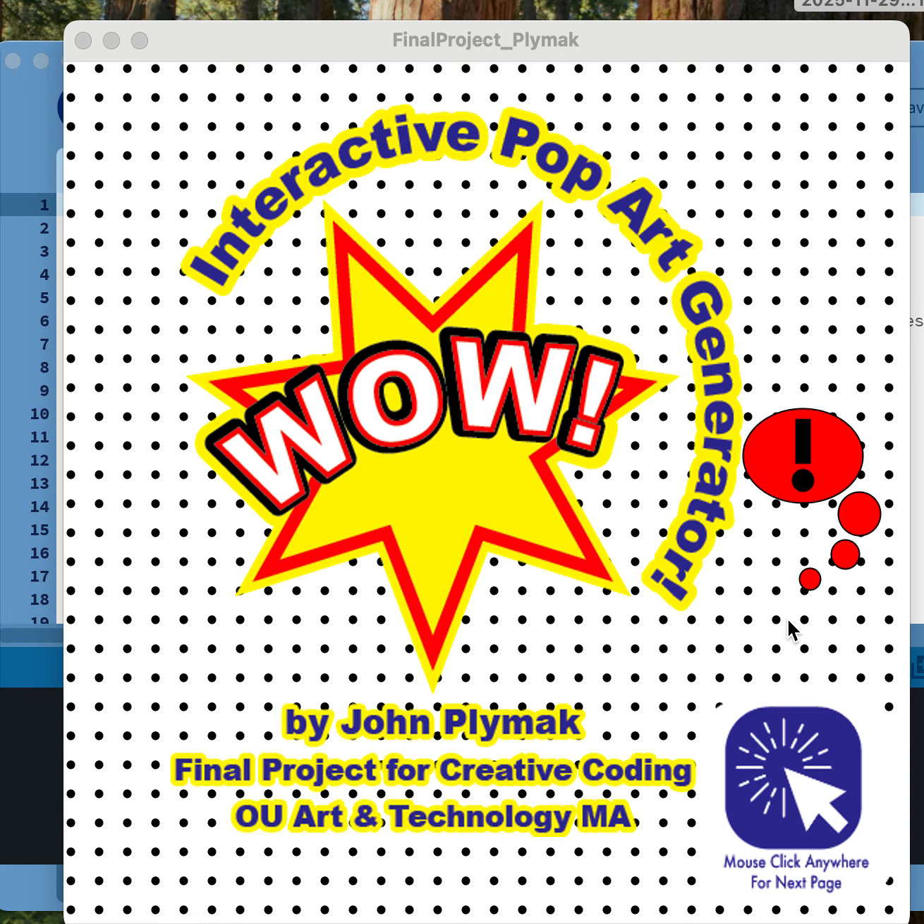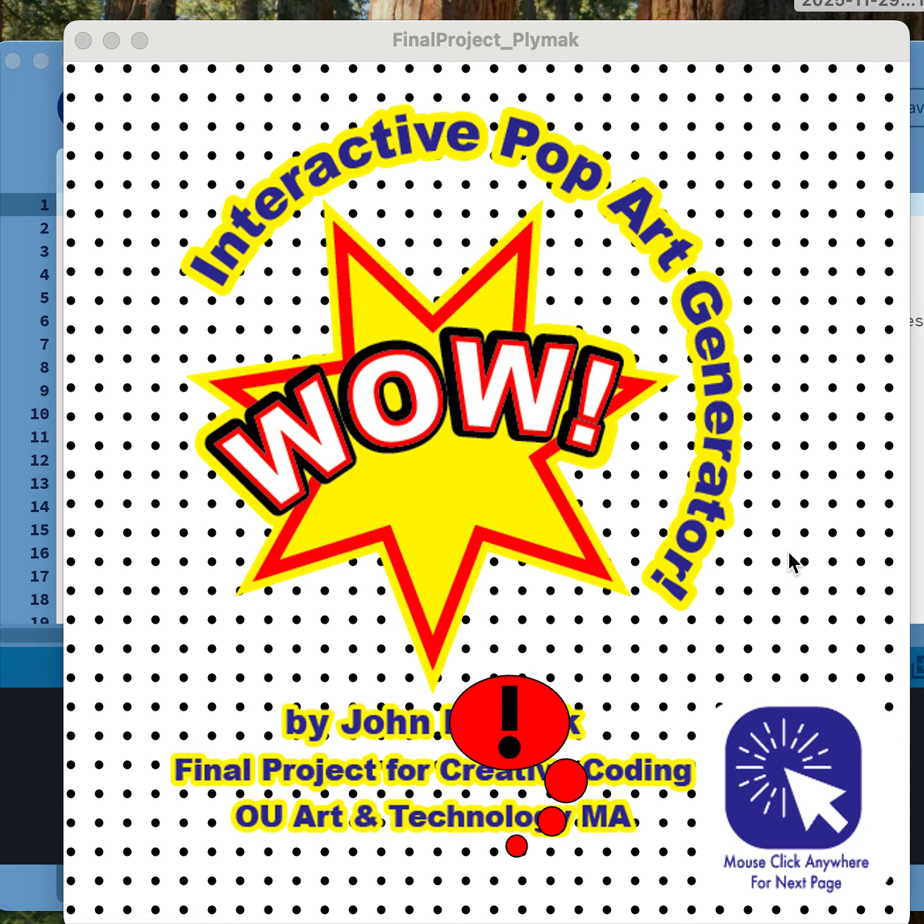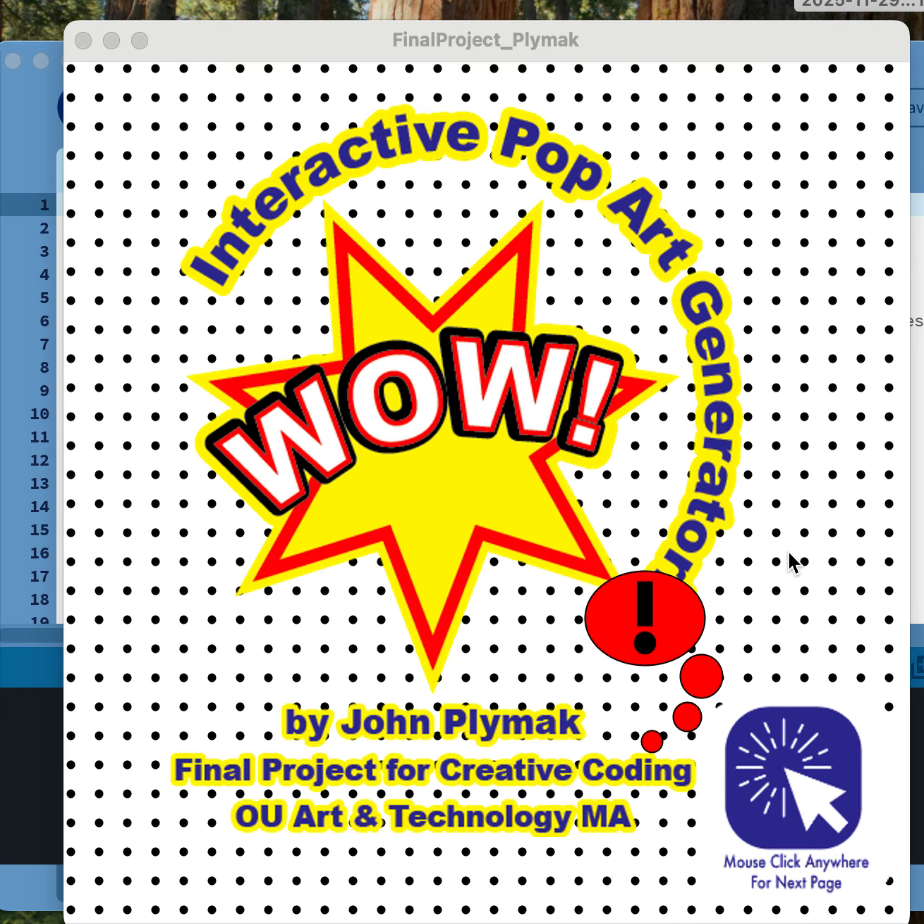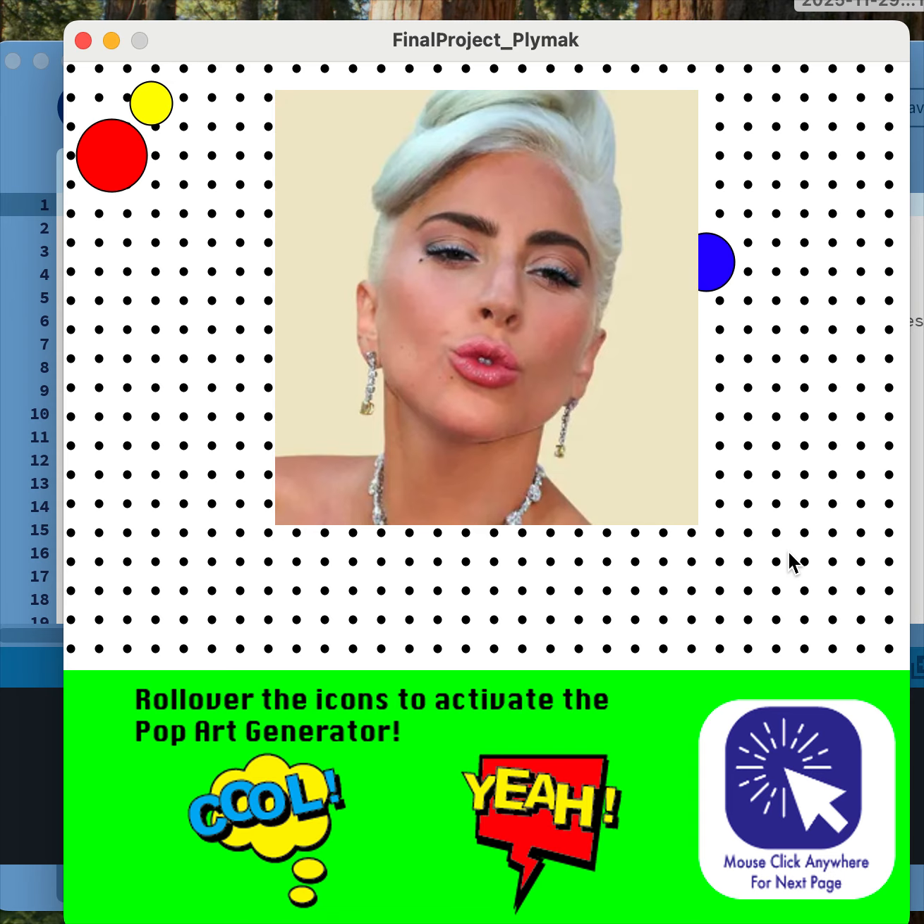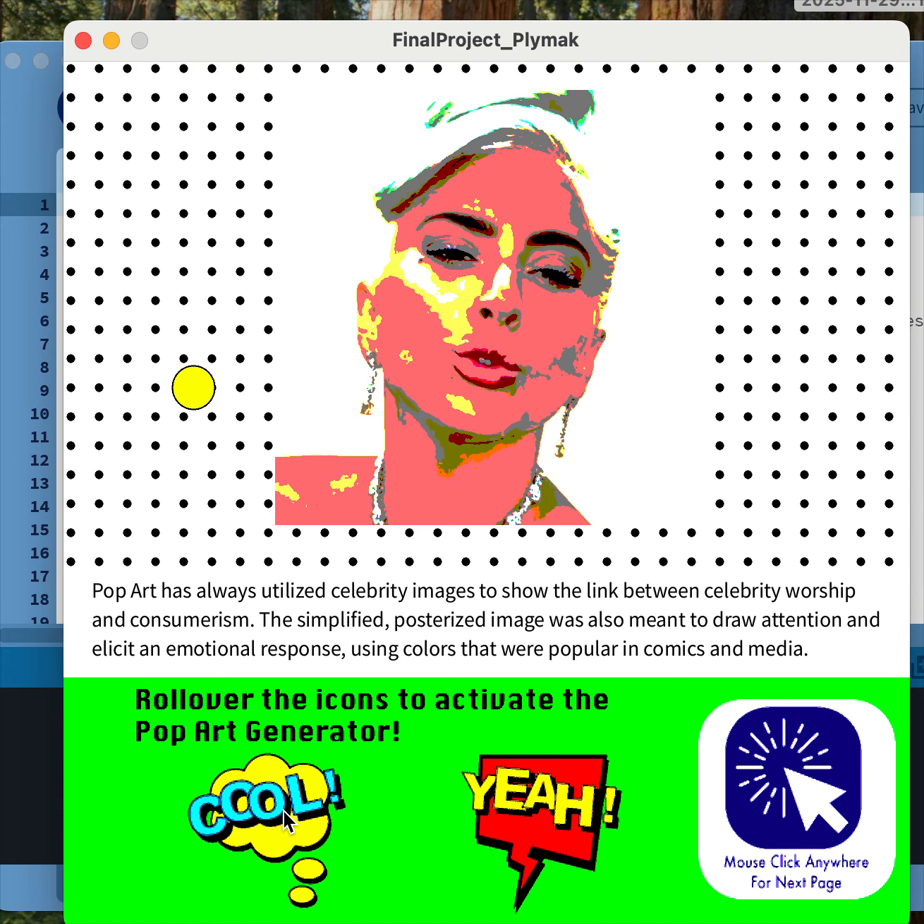I'm set up so that the coded piece changes screens and pages by clicking, and clicking takes us to the next page, which has a picture of Lady Gaga, along with rollover icons to activate the pop art generator copy. The idea here is to utilize a current celebrity to show the relationship of pop art to current popular culture. The first rollover creates this posterized image, along with a copy that reads,